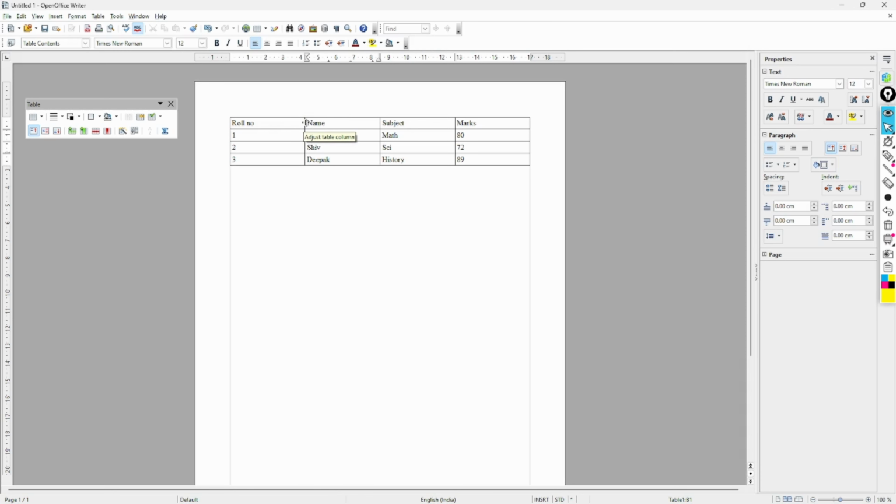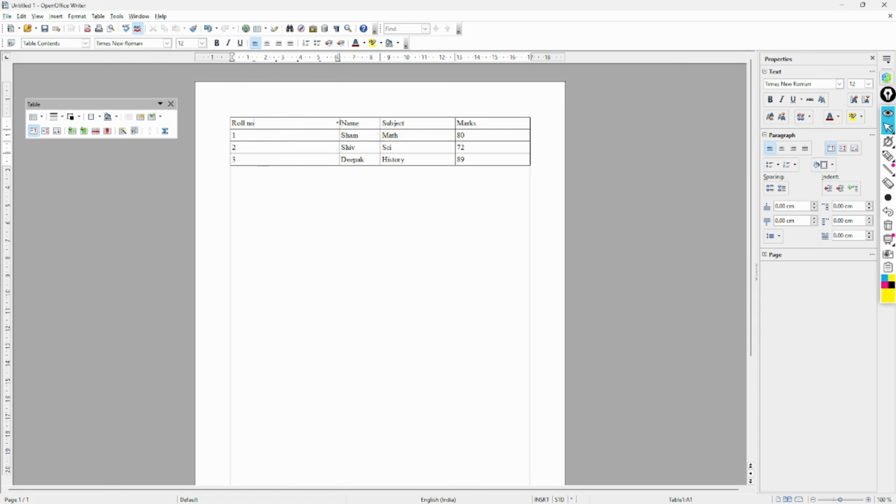Now I will press the mouse button and drag. If I drag this, the column gets bigger. If I drag the other way, it gets smaller. So from here we can adjust the width of a column, increase it or decrease it.